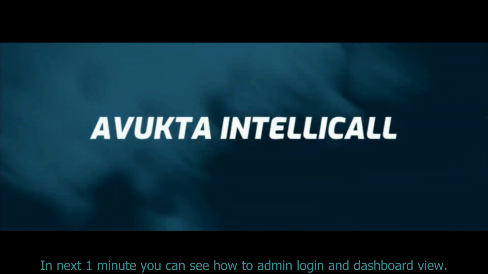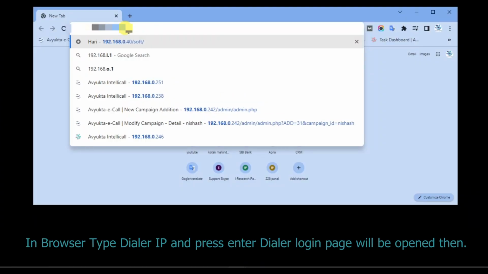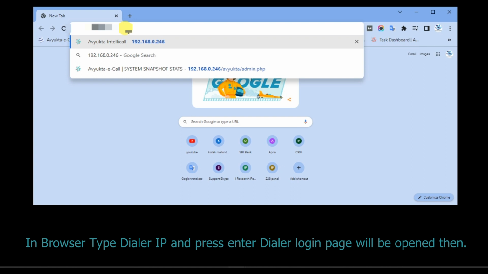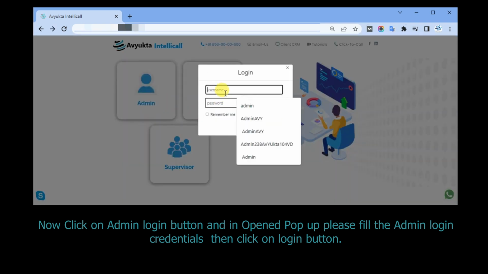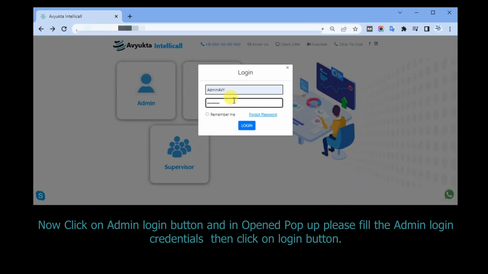In the next 1 minute, you can see how to admin login and dashboard view. In the browser, type the dialer IP and press enter. The dialer login page will be opened. Now click on the admin login button, and in the pop-up that opens, please fill in the admin login credentials, then click on the login